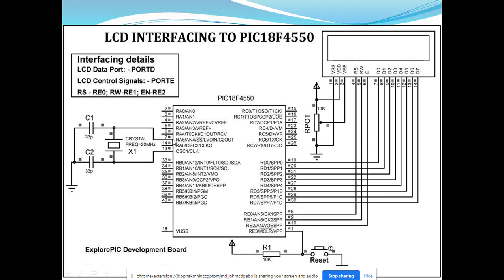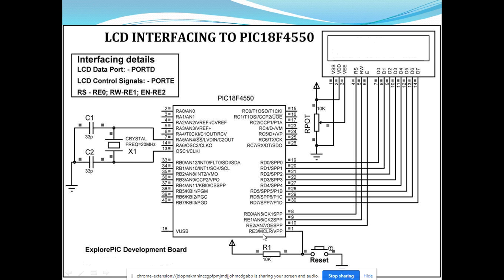In the circuit diagram you need to remember that these are the minimum connections you need to draw while drawing every interfacing diagram for the PIC18 microcontroller. Here you can see a crystal of 20 megahertz is connected between pins 7 and 13. This is the minimum connection. You can see C1 and C2 of 33 picofarad; these capacitors are used to stabilize the clock. And through this crystal we are going to apply a clock signal of 20 megahertz.